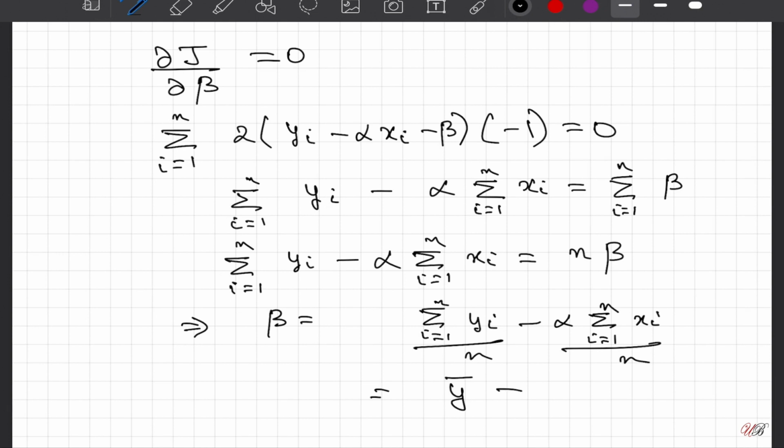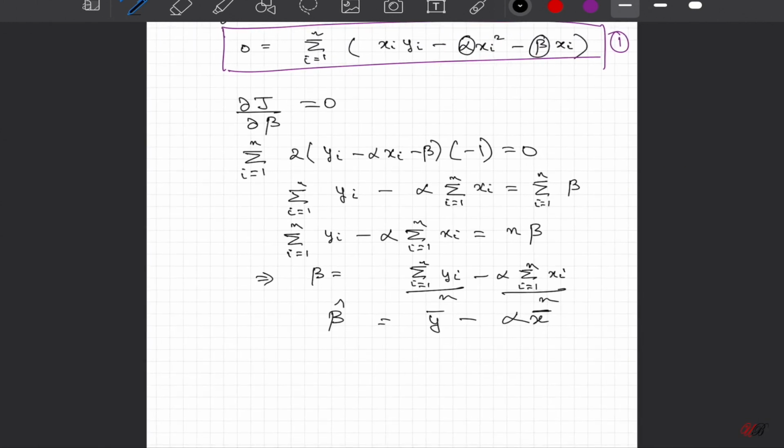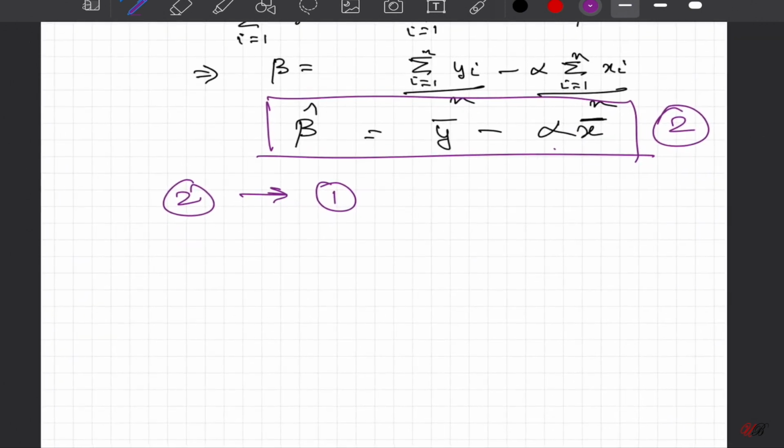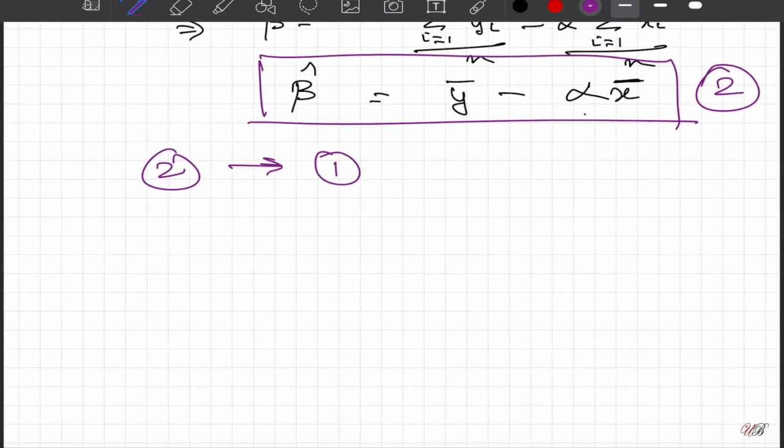Similarly, summation of all xi's divided by n has to be the mean of x. So this would become y hat minus alpha x hat. This is the estimate of beta, and we will say that this is going to be our equation 2. Now from 1 and 2, if we substitute beta as y hat minus alpha x hat, so substituting 2 in 1, we can write this particular expression as